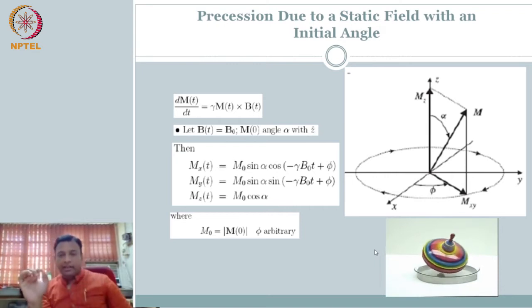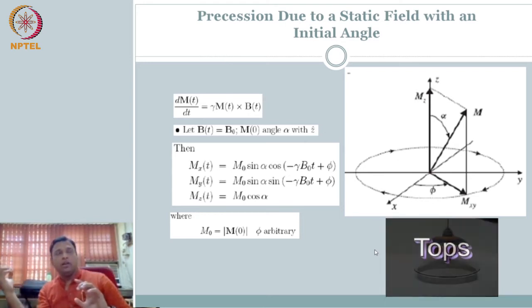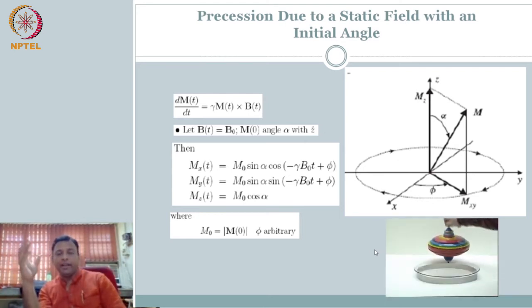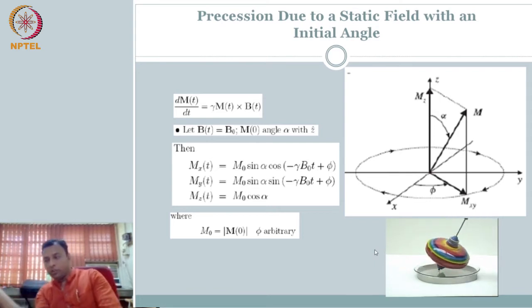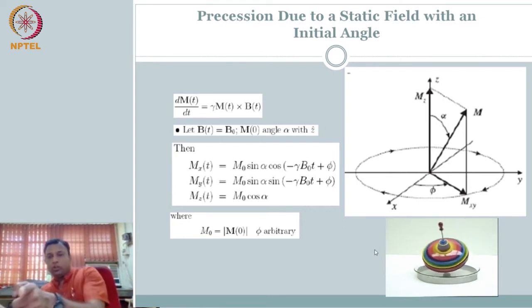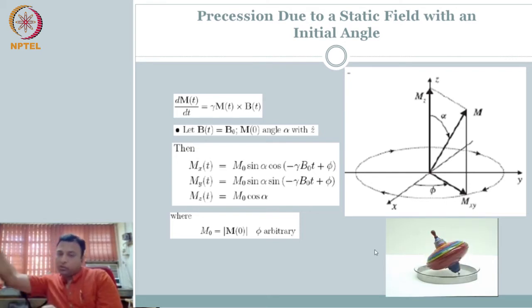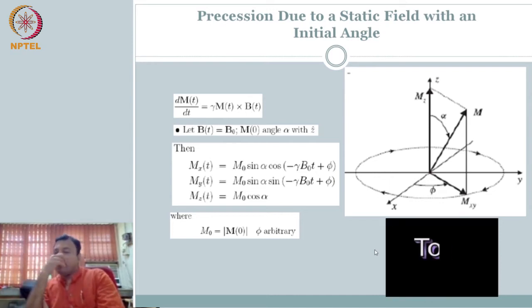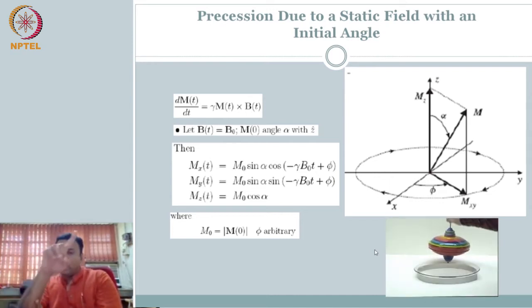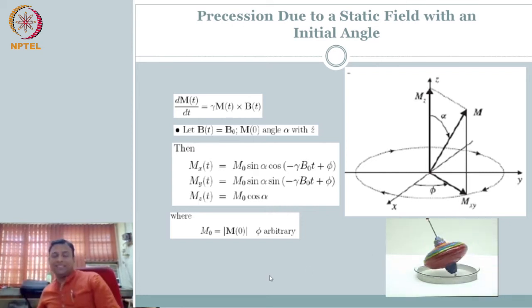If you want to really read the material, go read about rotation about a point in your engineering mechanics syllabus. So it is rotating about this point. When you don't have angular momentum, gravity is pulling it in this direction. So your rotation moment is going to be in this direction. But it is going to spin about the axis. There is going to be angular momentum in the direction of spin. So essentially what is happening because of that, it is moving around in this direction. Right? That is exactly what you have here. It is precessing around the z direction.